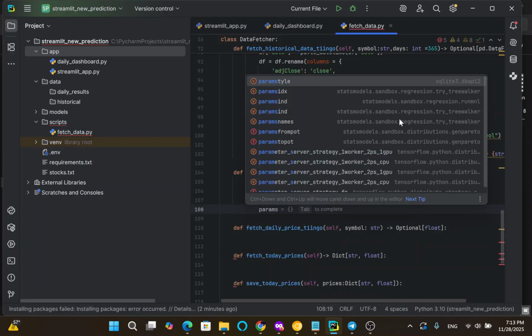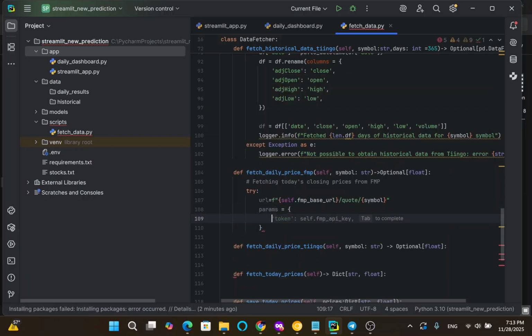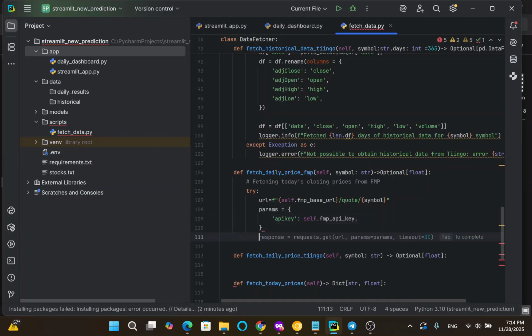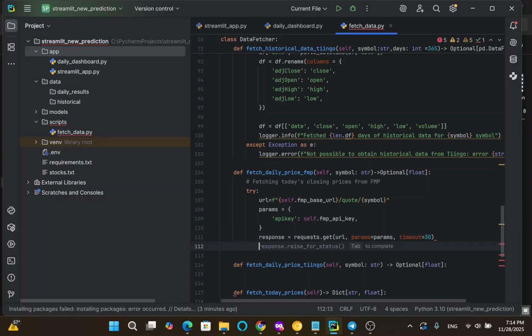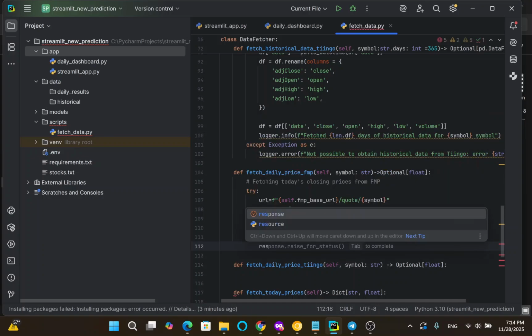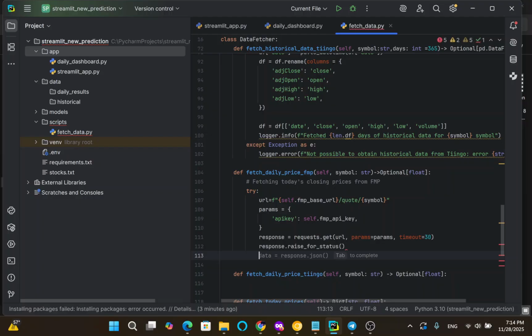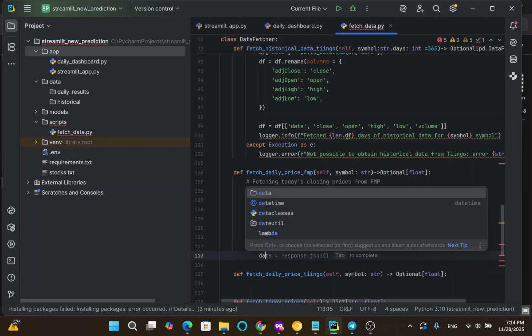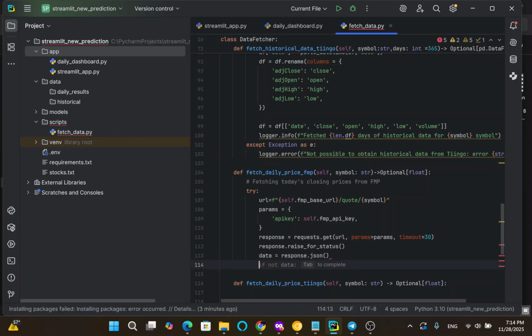Params will be another dictionary, with actually one argument, API key equal to self API key. Response will be requests get URL, params, and timeout, and response raise for status. The data will be response JSON. If not data,